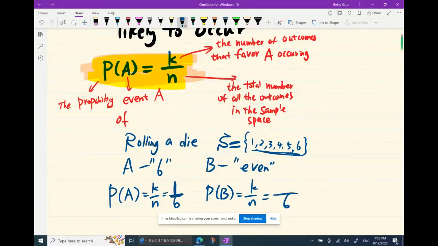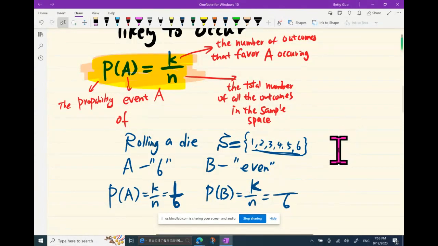We probably know it's 1 over 6 already because A is one outcome. But using this formula, we get a consistent result. And what about B? The denominator, we know, is 6 also. And among the 6 outcomes, how many of them favor